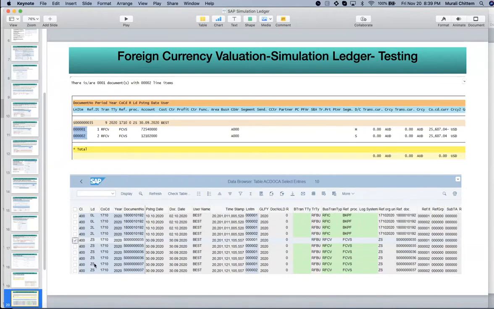This is the simulation ledger. You can see 0L is the leading ledger, 2L is another non-leading ledger, and GS is the simulation ledger. All the documents are posted starting with YE, and you can see the posting date. The business transaction type RFCV is for foreign currency valuation.